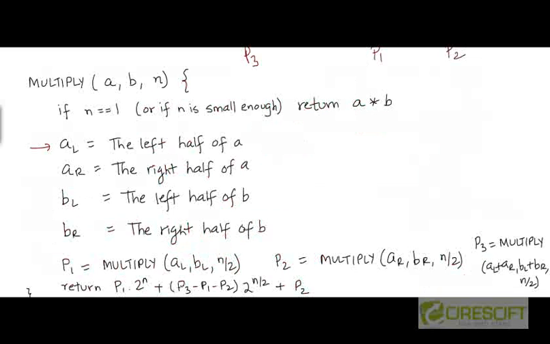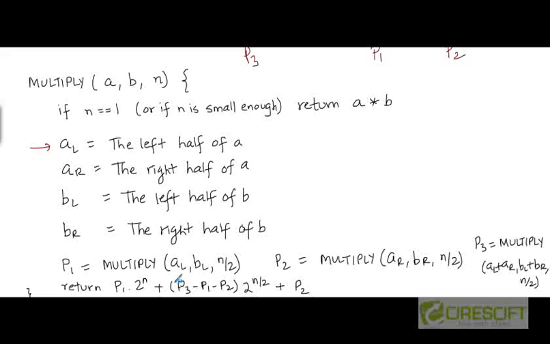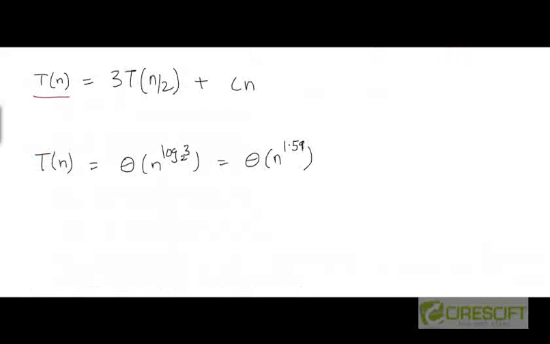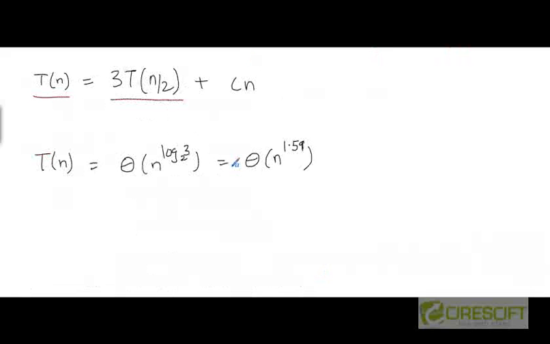So we can write the recurrence for the running time for this modified algorithm as T of n is 3 times T of n by 2, because we have 3 multiplication operations now instead of 4. So we have 3 recursive calls to this same function multiply, and then the rest of the lines which basically are dividing the problem into these subproblems and then combining the results of these subproblems into a solution to the original problem. That particular work is taking time proportional to n,